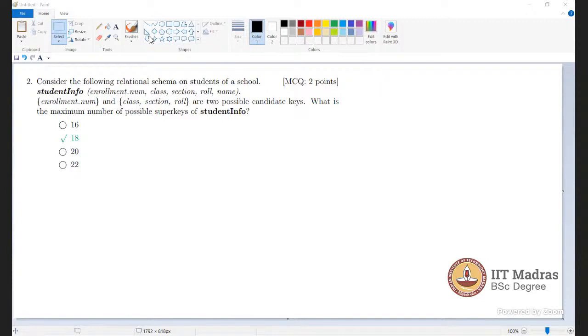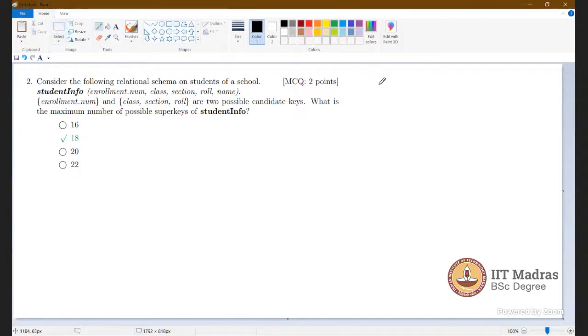Suppose you have the following attributes A, B, C. Suppose A is a candidate key. So what is the possible number of super keys? You know the formula, right? If you don't know, let me explain it. Then A is the candidate key, and AB is possible, AC is possible, and ABC is possible, right?